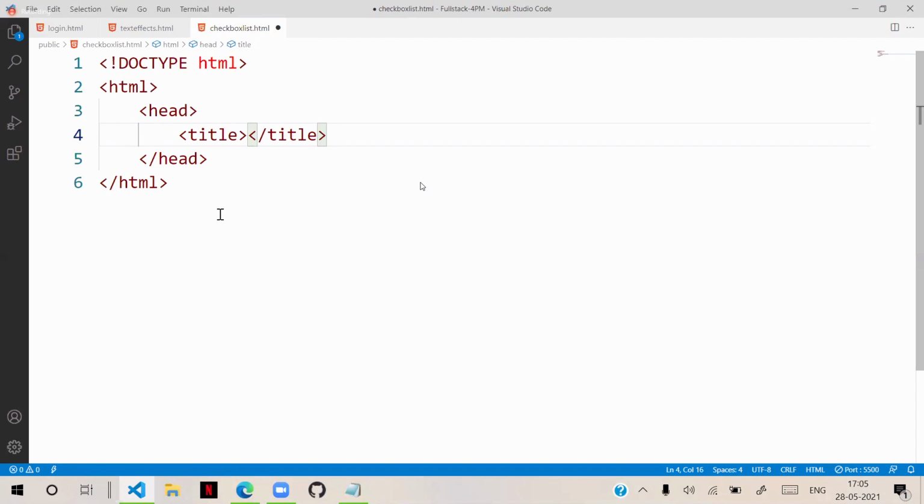So we will create a body section, and in that we will put a heading, or we will put a field set with a legend saying select courses. And in that, we have an unordered list. So list item, in that we have input type equal to checkbox. And here we say some Java like that. Similarly, several